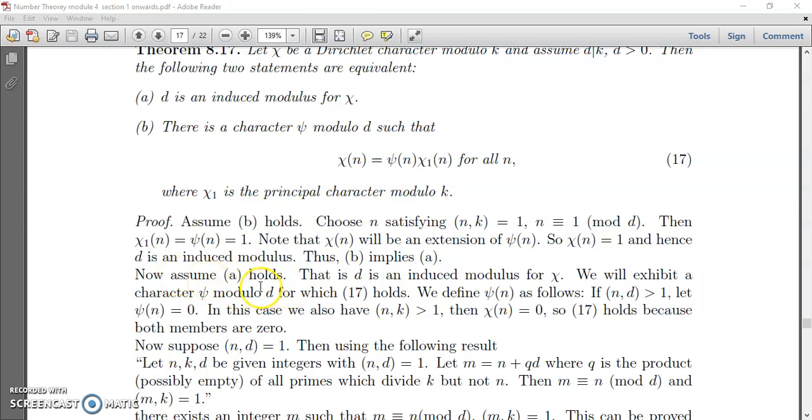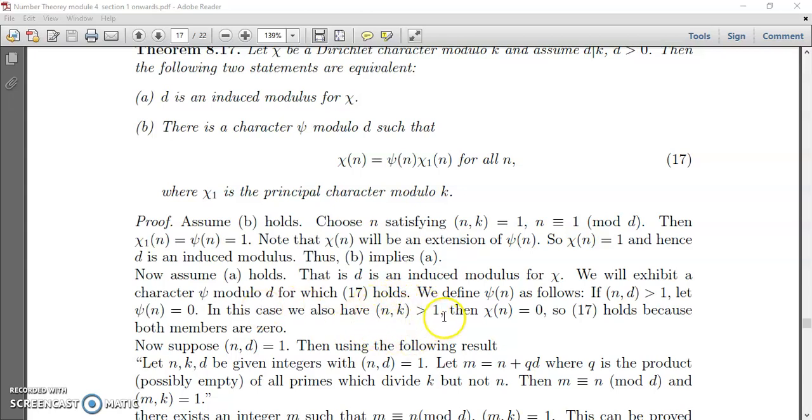So now first assume that A holds, that is, D is an induced modulus for chi. Now we will exhibit a character psi modulo D for which this condition is satisfied. We define psi of n as follows. If GCD of n and D is greater than 1, let psi of n be equal to 0. We also have, since GCD of n and D is greater than 1 means GCD of n and k is also greater than 1,